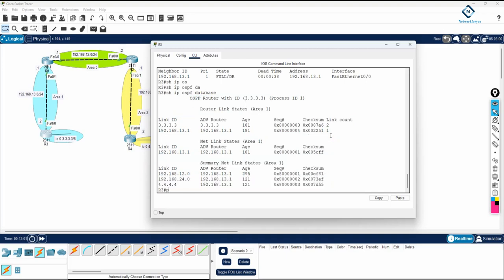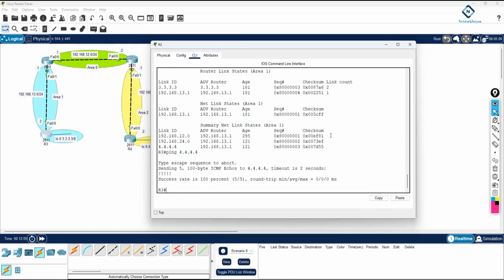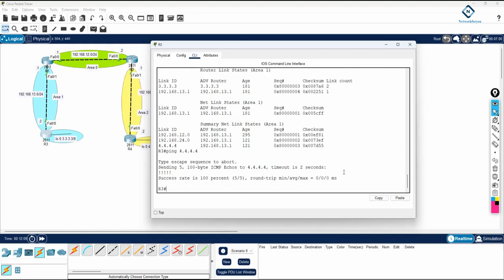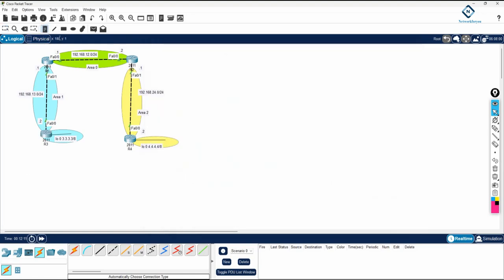And now if you want to ping, you can ping 4.4.4.4, it will work. So it is working perfectly. So this one is the multi-area lab. I can write here multi-area lab. But imagine